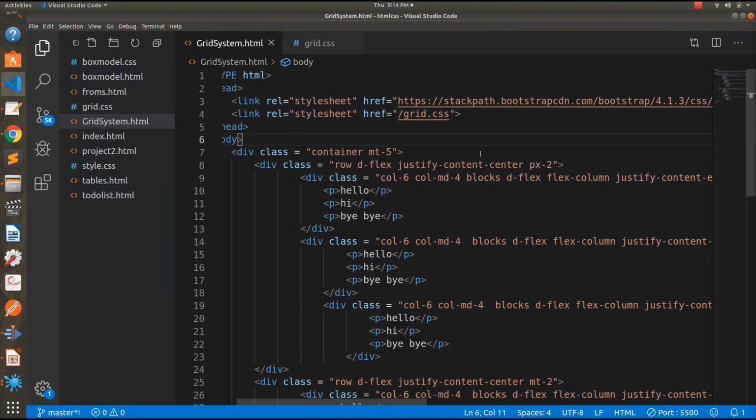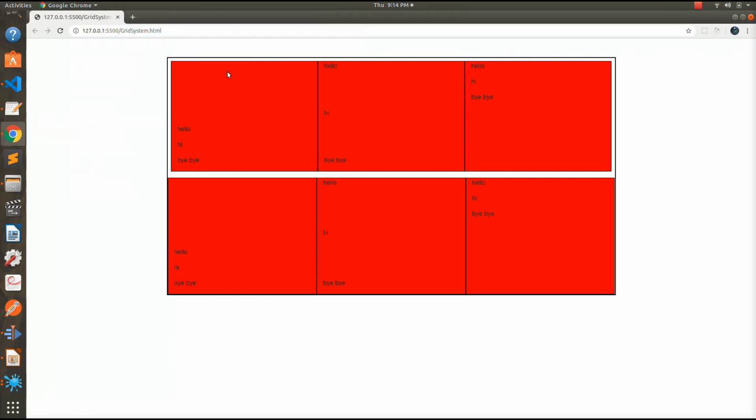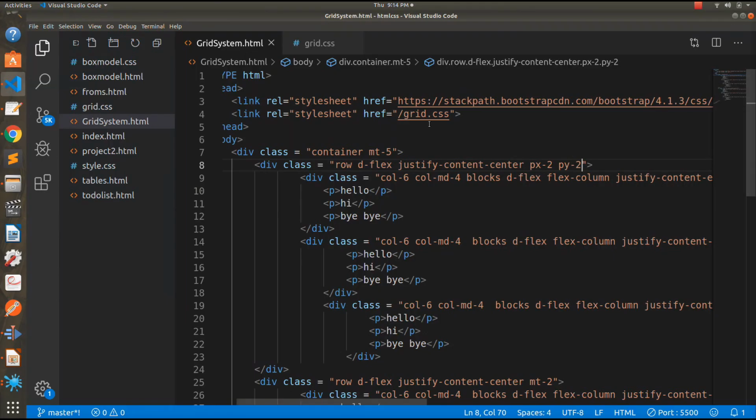And now right here py2, save this, and you can see padding from top and bottom. So you can see what this means. Px stands for padding from right and left, and Py stands for padding from top and bottom. So you can further reduce it.